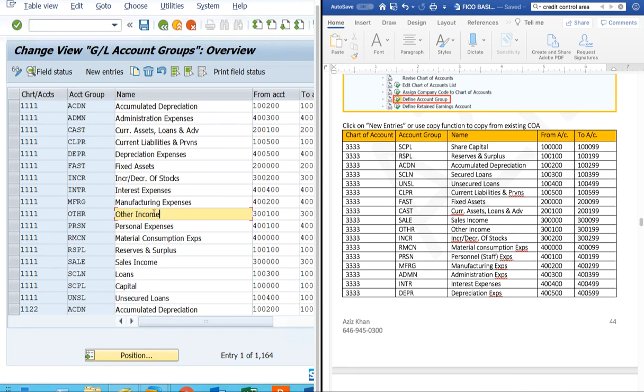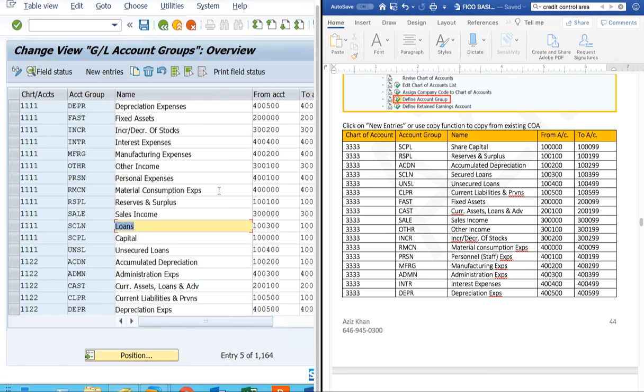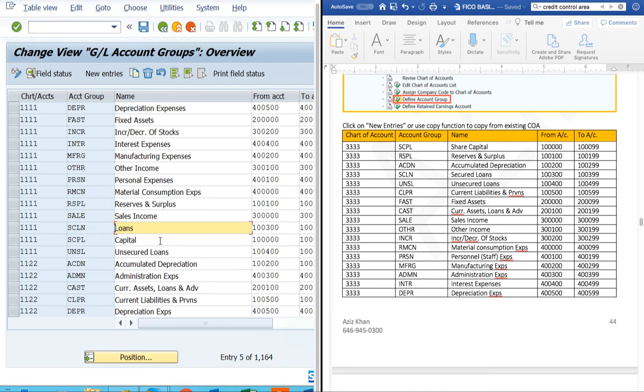They may own many buildings and they rent it out, right? There are scenarios, and a portion of the building they may rent. They have other income too. They may have stocks in the company name and they are getting dividends. They may have their personal expenses, right? They have material consumption. They have reserves and surpluses. They have sales income. They're selling iPhones. They have loans they have taken. All loans they have taken,